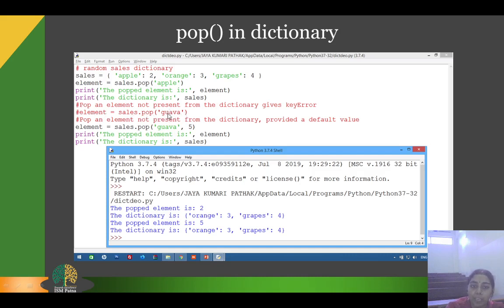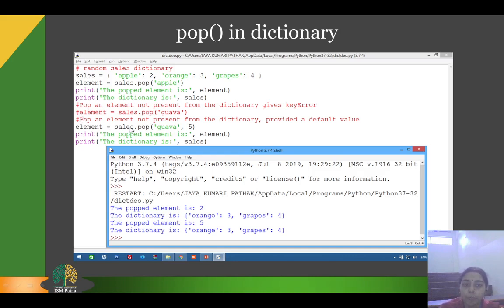But as you see, guava is not present in the dictionary. So if we try to remove a key which is not in the dictionary, then it will give a KeyError. Therefore, I have marked it as a comment line because it throws an error and all the rest of the elements will not get executed. So I have just set it to a comment line.